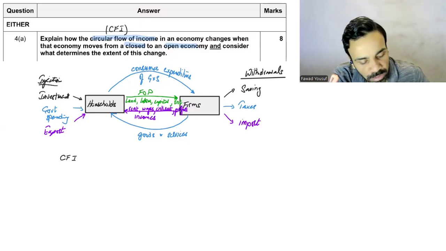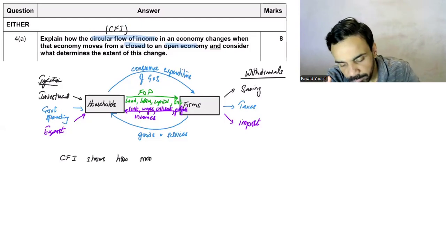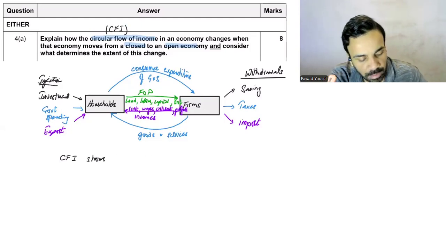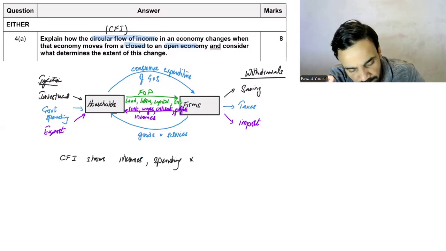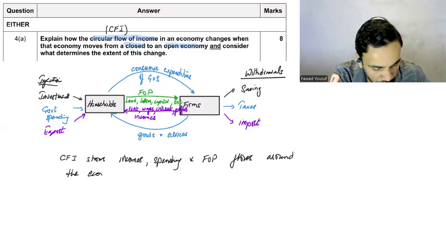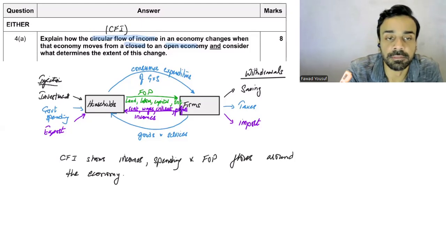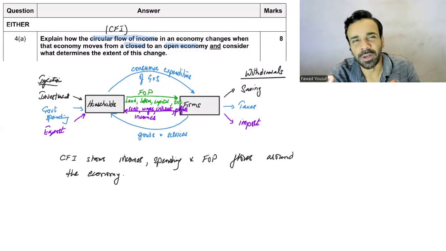That circular flow of income shows how incomes, spending, and factors of production flow around the economy. Last time I simply said circular flow of income shows how the money moves around the economy, but